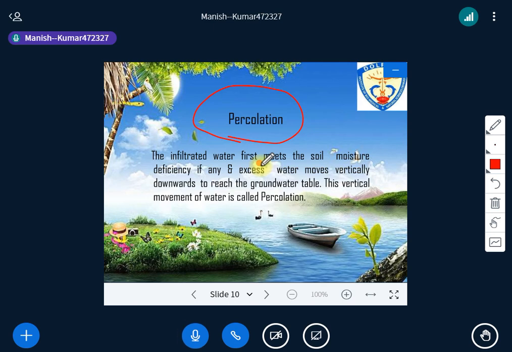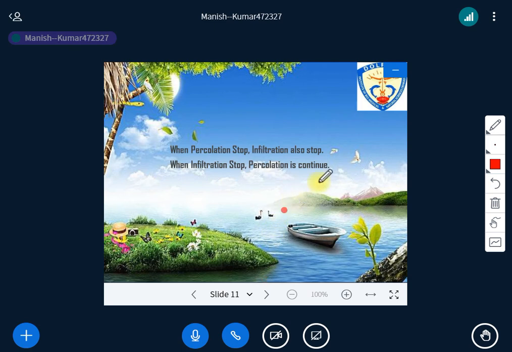The first infiltration will take place, then percolation will take place, right? Infiltration means the first layer has to be crossed, and after that, when water moves vertically downward to reach the groundwater table, that is percolation. So this difference and this understanding should be known by you also. So if both terms are clear,